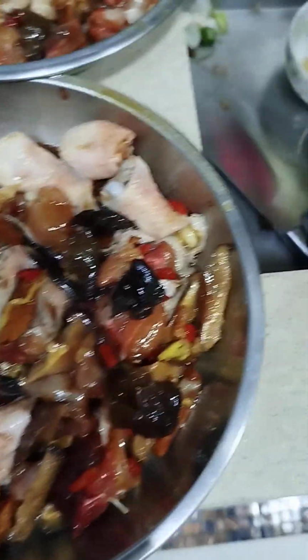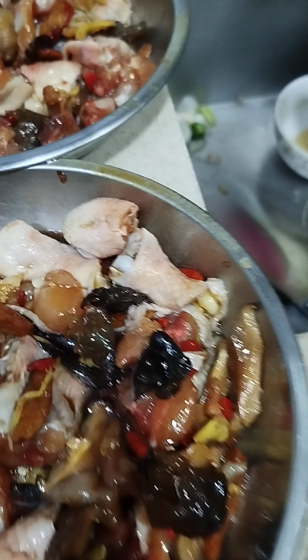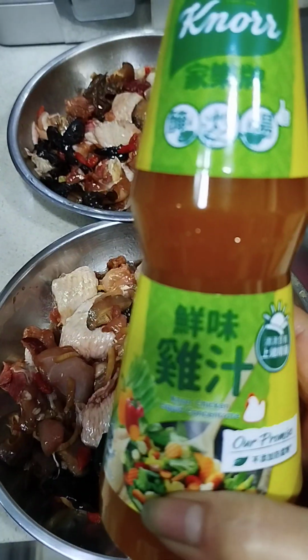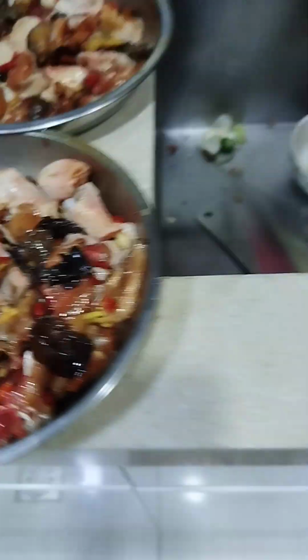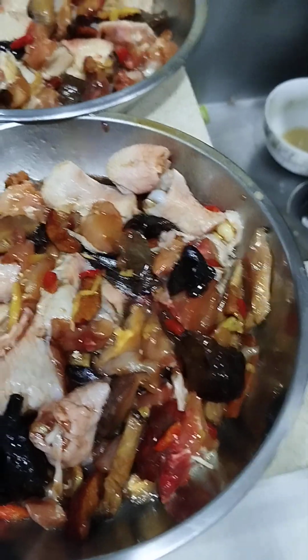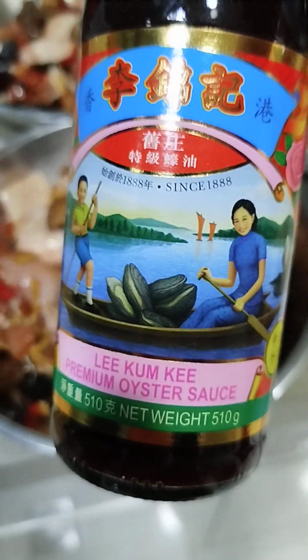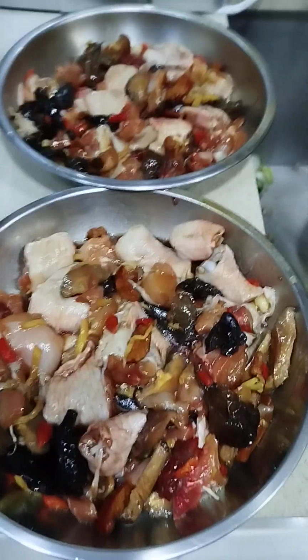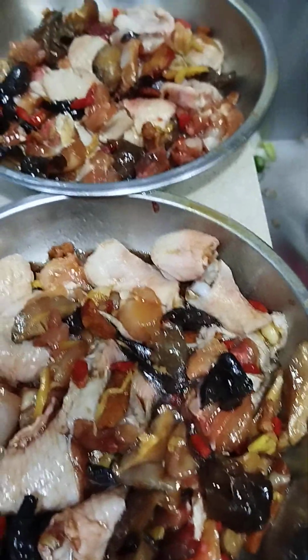and then this is nor. Okay, and then this one, premium oyster sauce. So okay,